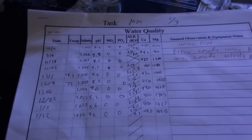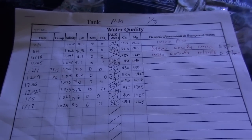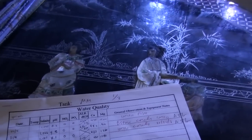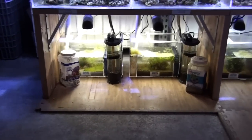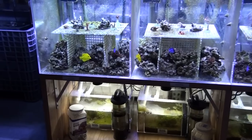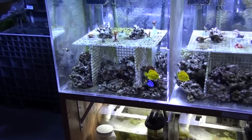We do not add any calcium or supplement anything to this aquarium except doing a 5-gallon water change, just taking from the top. We don't siphon out anything from the tank. We only clean the front glass, and this is about 60 gallons, so it's close to 10% a week. And here is